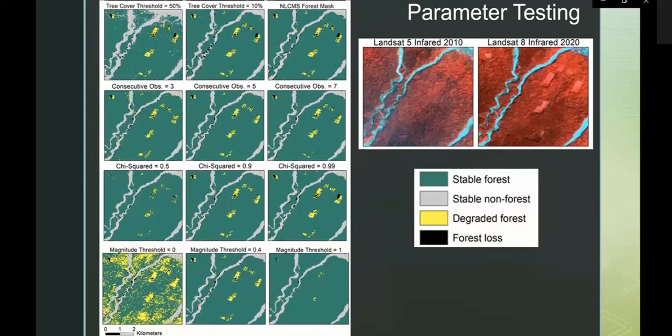In this example, there were a few regions that we knew from on-the-ground observations had been degraded. These are the rectangles that you see in the 2020 infrared image and in the example disturbance maps. The most obvious example here shows how setting a magnitude threshold that is too low can lead to severe overestimation of degradation, whereas a threshold that is too high could ignore many of the degradation events that are often by